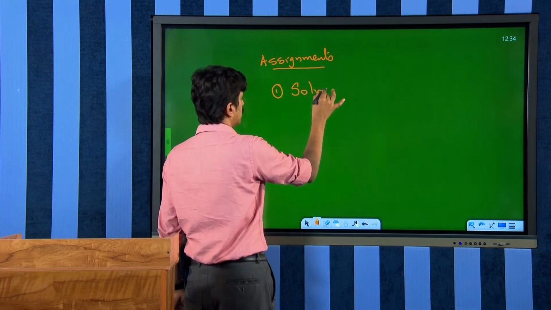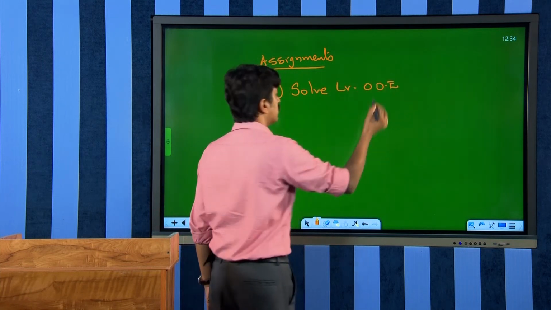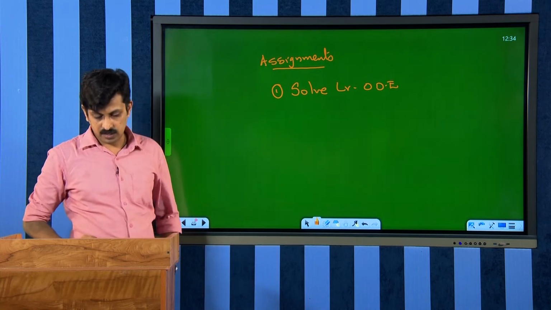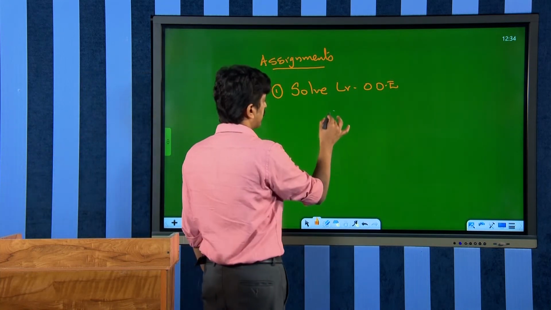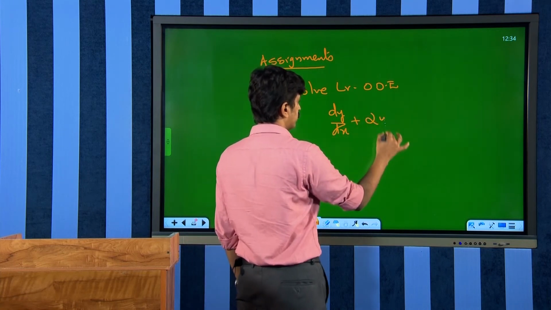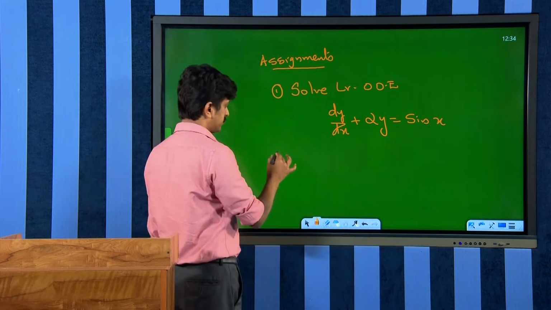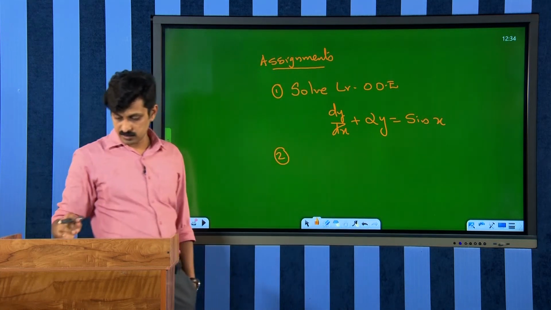Solve the linear ODE dy by dx plus 2y is equal to sin x. The second question is